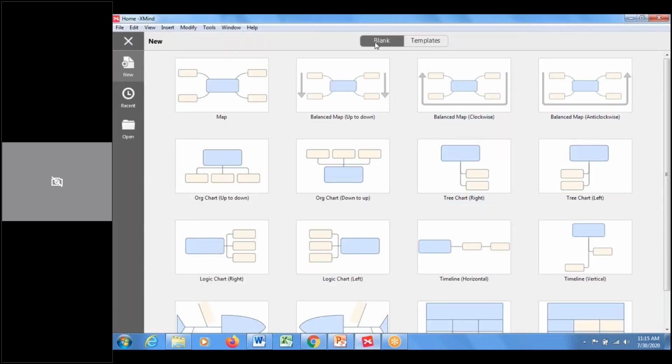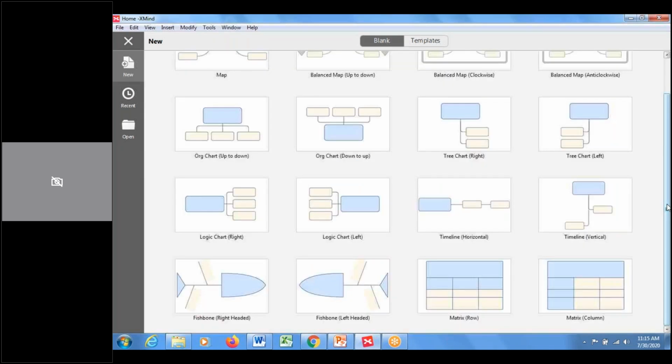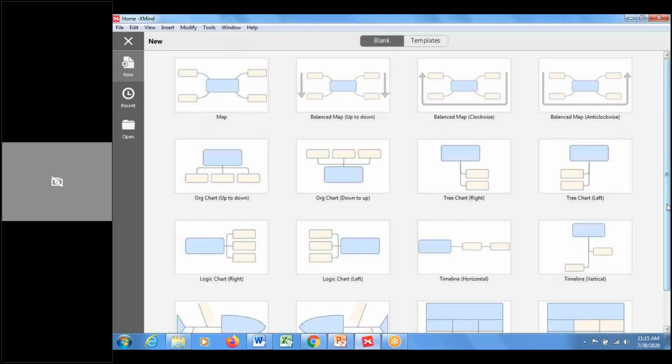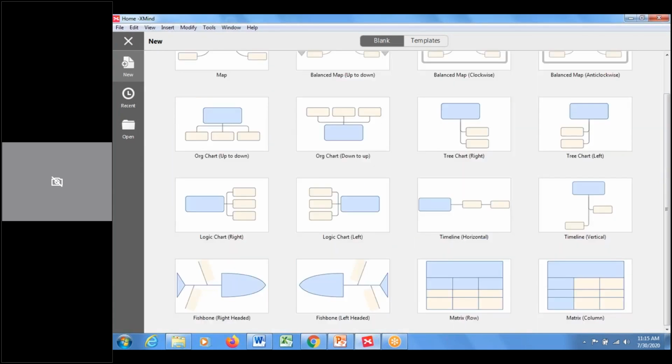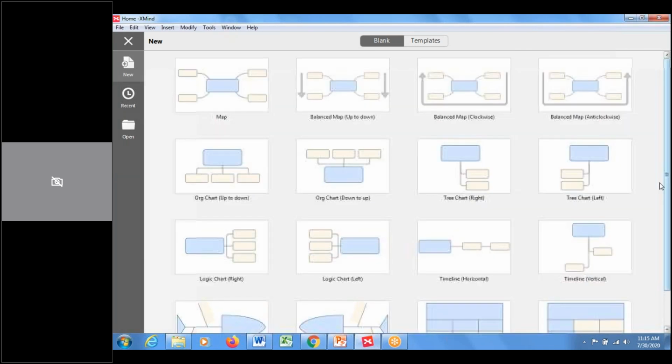I go to file, click on new. I get two options. One is blank, another is templates. These are the blank formats. See, many different blank formats are there. Maybe organization chart type, or logic chart, or fishbone model, or matrix model, or timeline model, or tree model. These are the blank models. If you want to start with a blank format, a skeleton, you can choose a skeleton and work.